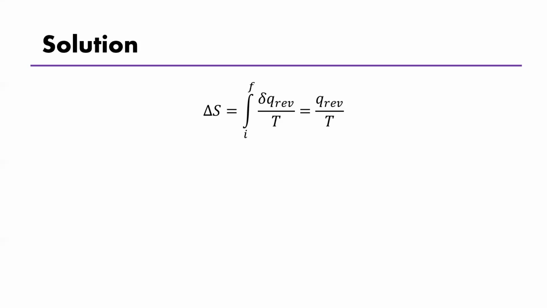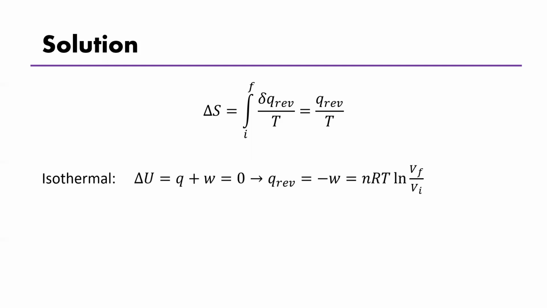So the equation for the change in entropy is given by the heat of the reversible process divided by temperature. Because we have an isothermal case, this means the change in internal energy is 0. The change in internal energy is the sum of the heat and the work, and therefore we can write that